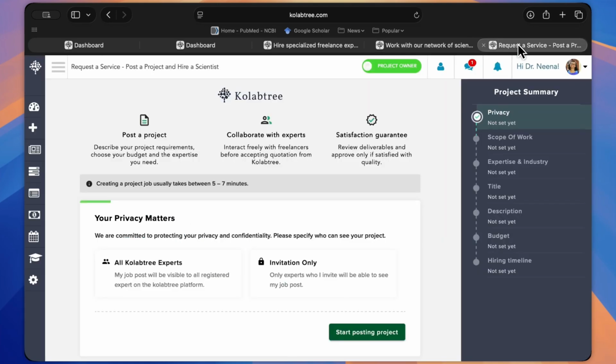Remember, if you chose your privacy settings as all Kolabtree experts while creating your project, then all experts on Kolabtree can view your project and submit their proposals. However, if you selected the invitation-only option, then it is up to you to invite the specific experts you wish